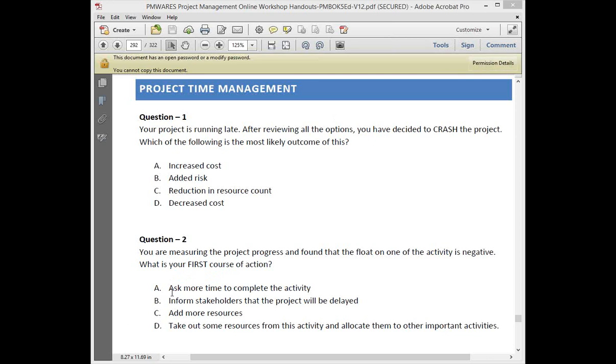It's always better to first inform and then take the concurrence and do whatever action is required. Yes, I agree with you. I agree with you, but what will you convey? Here the B option is conveying delay, meaning there is no need for additional resources, because of the information you are conveying. No. What I'm saying is, when we are informing the stakeholder, we'll say this project is delayed because